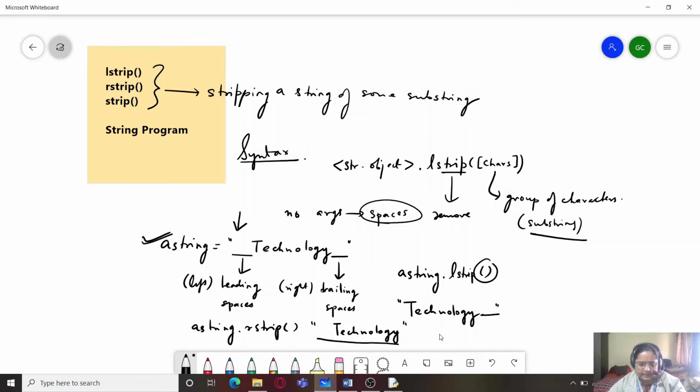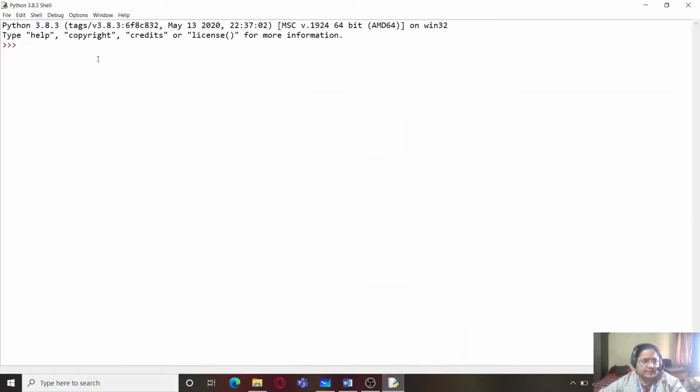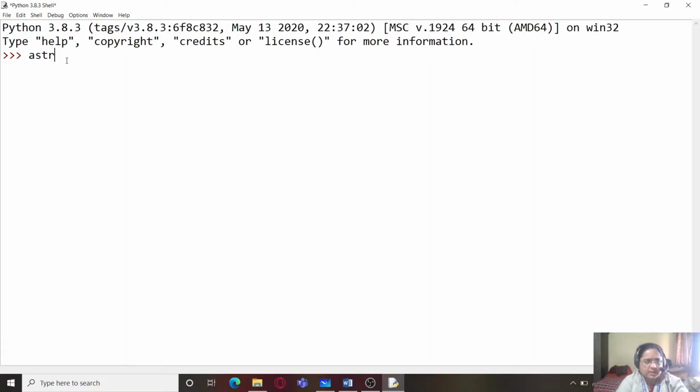So let's see the example over here. You can see I have this Python IDLE. Now I'm going to type a string here, a string, and I am typing technology. You might have observed that I have provided some spaces before the string and some spaces after the string.